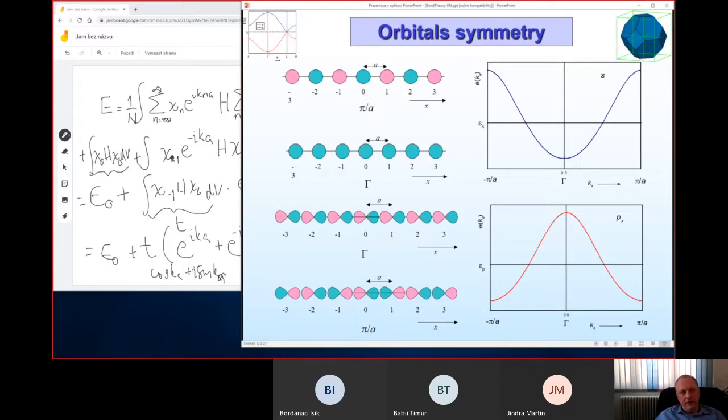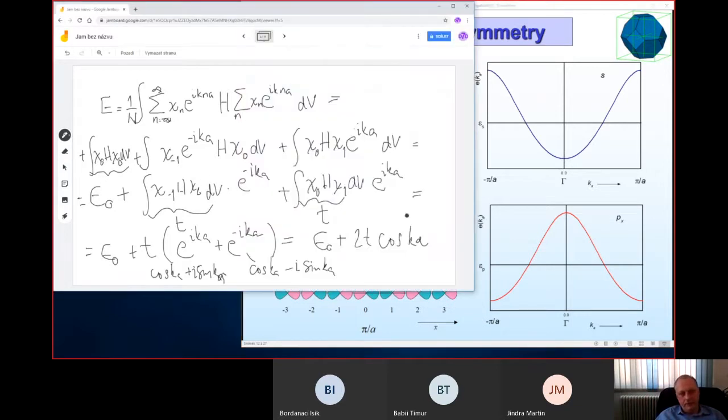So we have only this form of the energy dependence on the k vector, and t is this transfer integral. And if you substitute now 0 for k, cosine of 0 is 1, and we have